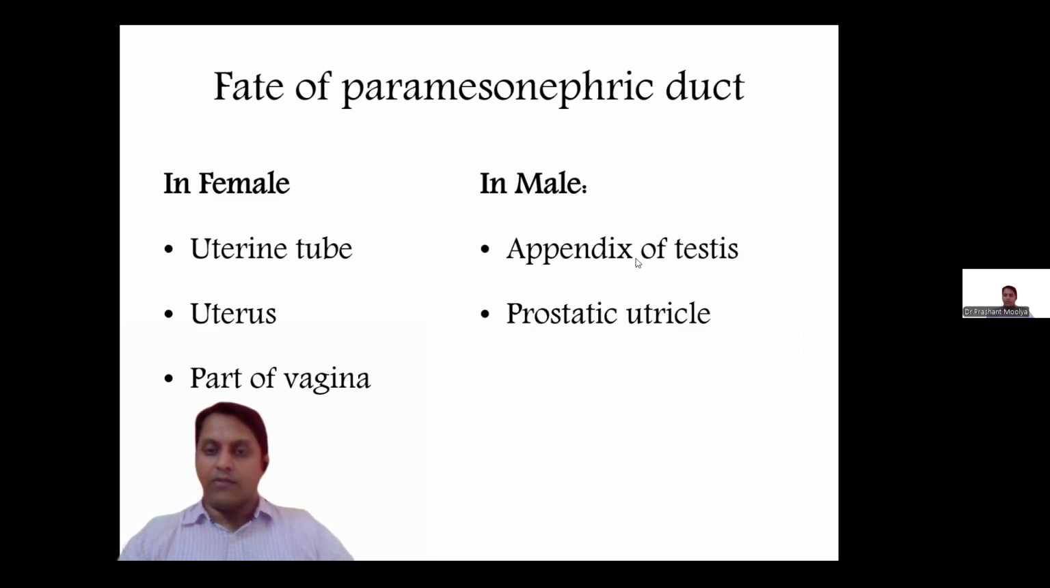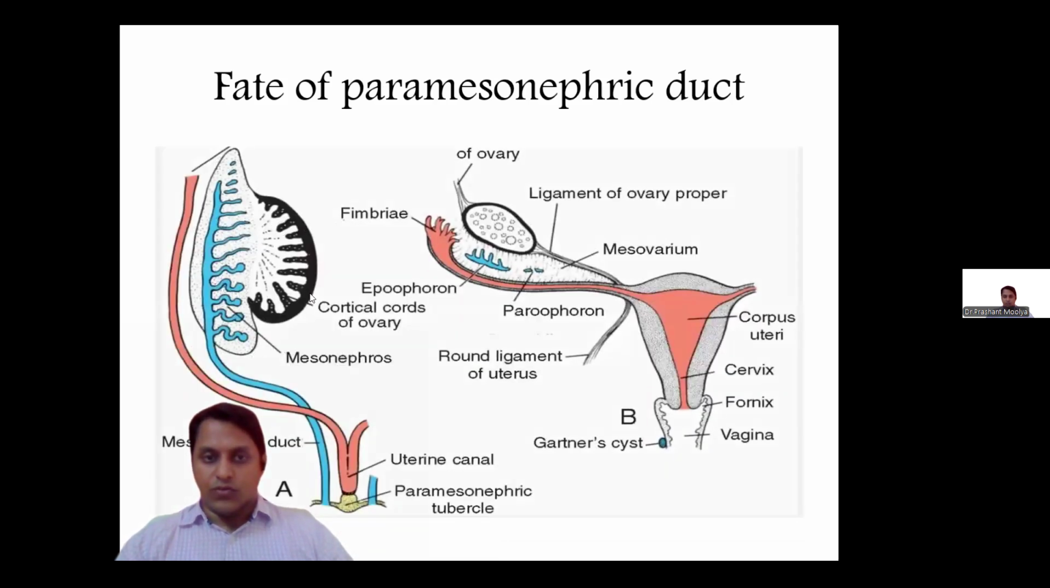In the male, they regress, but a small part remains as remnants called the appendix of the testis and the prostatic utricle. In a female, what we have noted is that it forms the uterine tube, uterus and part of the vagina. So this photograph shows you how the paramesonephric duct has fused and contributed to the uterus, cervix and the vagina,